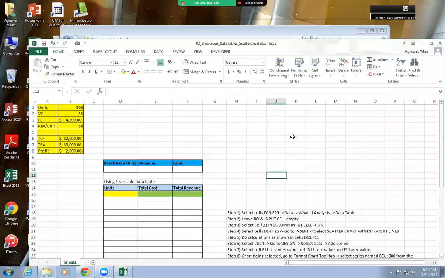You want to plot a chart like this. You want to have the revenues. Now you know the formula of the revenue, right? This is my formula for the revenue. This is my formula for the total cost. Are you guys with me? Right? So I'm going to take this formula and I will vary the quantity.